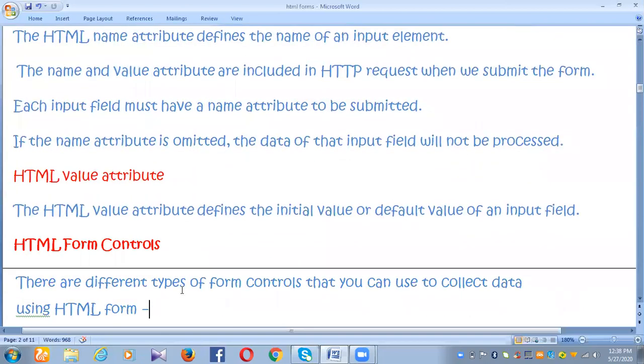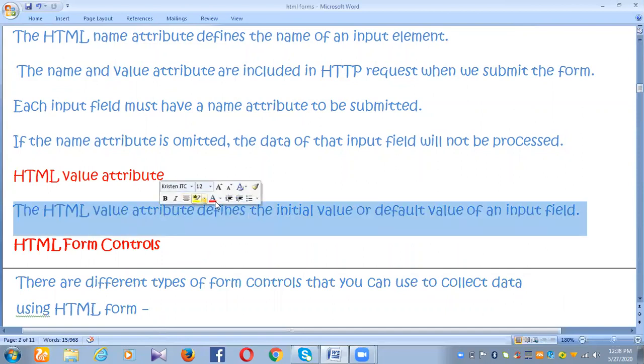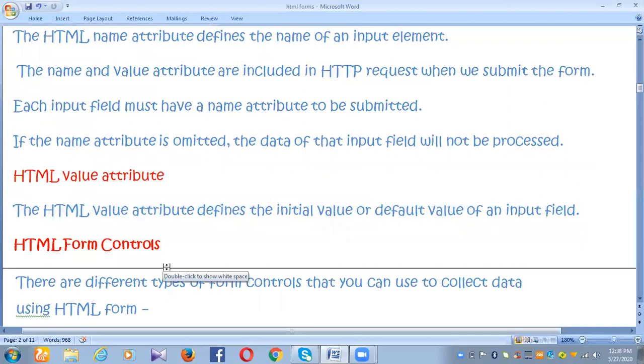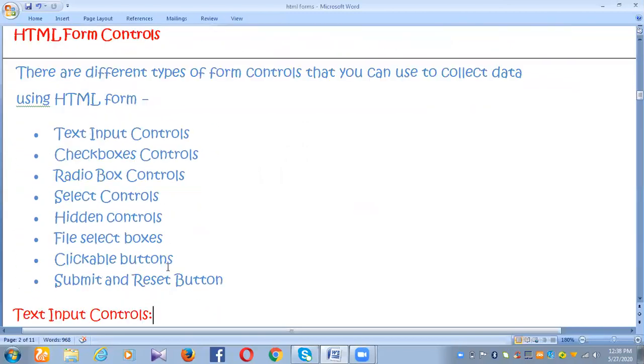Now coming to the HTML value attribute: it defines the initial value or default value of an input field, right?